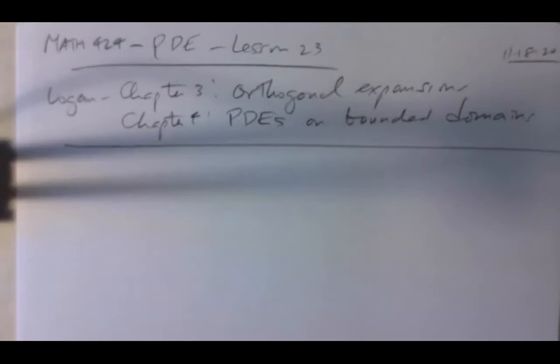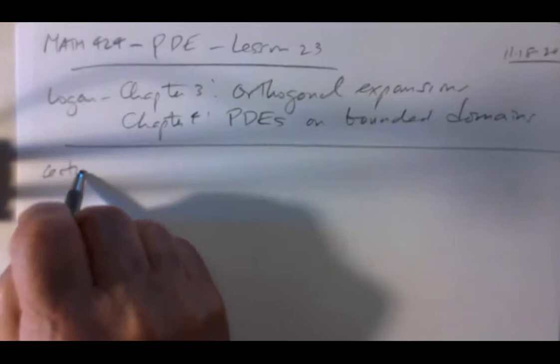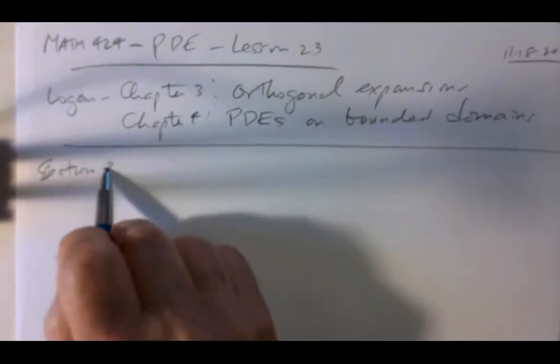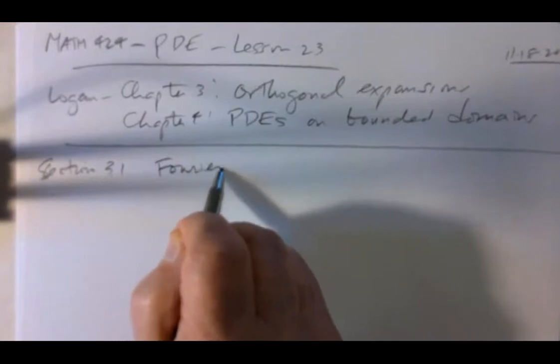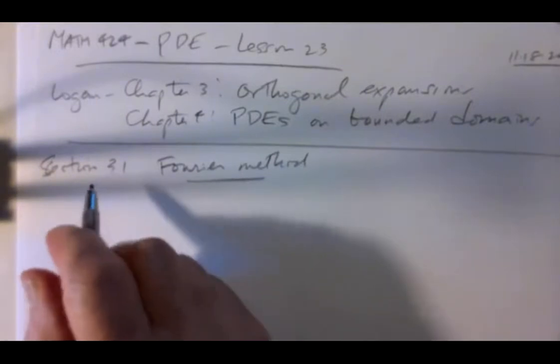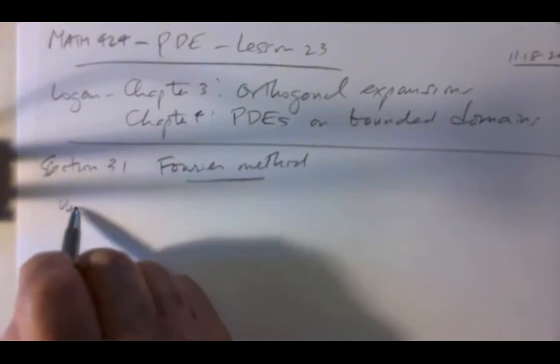So we've already discussed quite a bit of what you find in the first part of Logan's chapter 3, but it's always good to review and cover things multiple times. So I'm just going to go straight through Logan as much as I can today. Section 3.1 is called the Fourier method, which is exactly what we saw in the book of Farlow when we separated variables for the